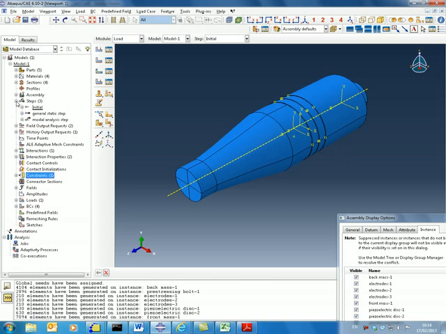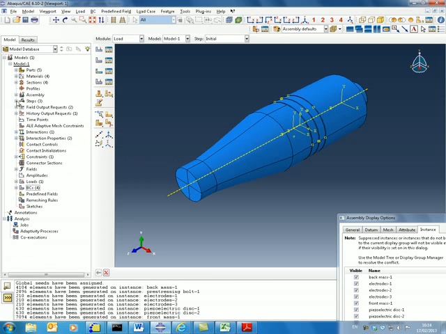Then we have created the first step, which is a general static step to apply the prestress, and we have assigned the required load. Then we have created the second step, the modal analysis step, and also we have defined the electrical boundary condition of the piezoelectric disc. Now I'll create the job,